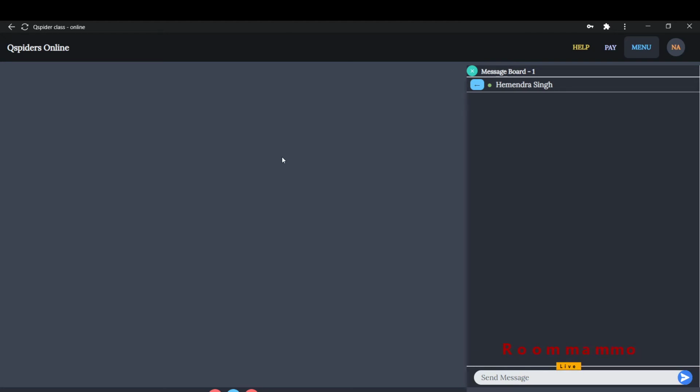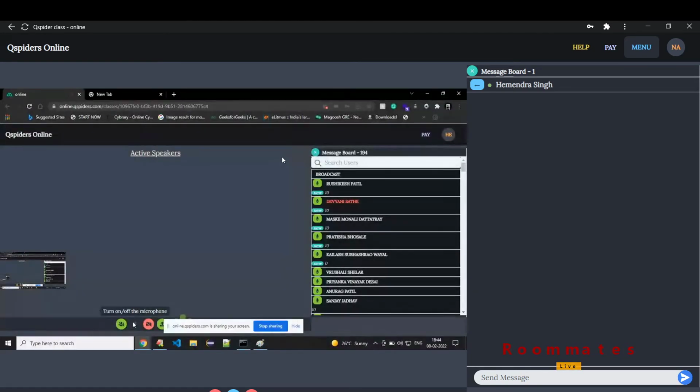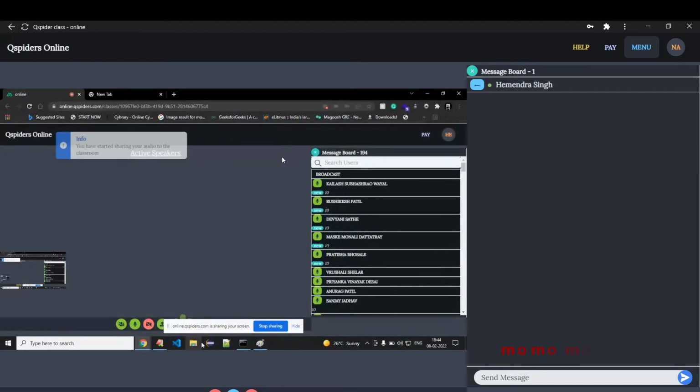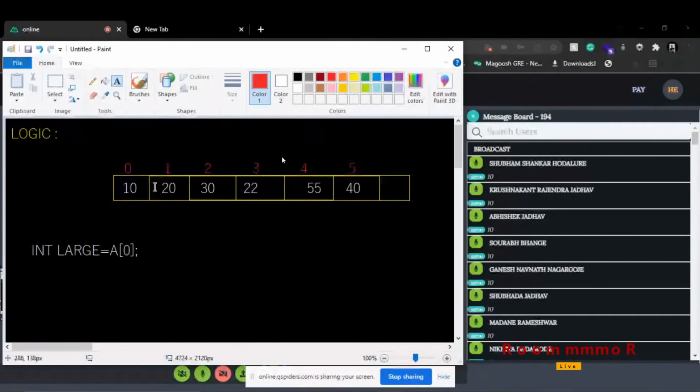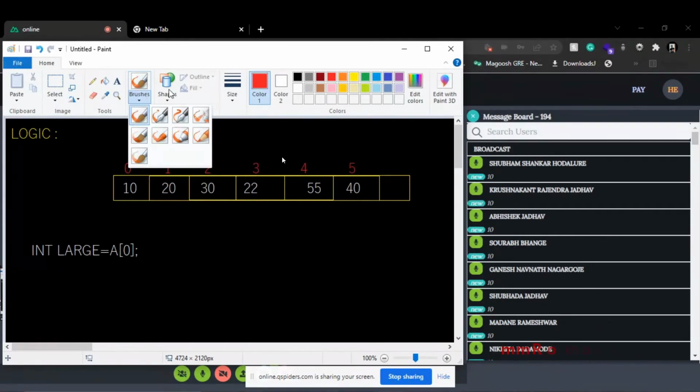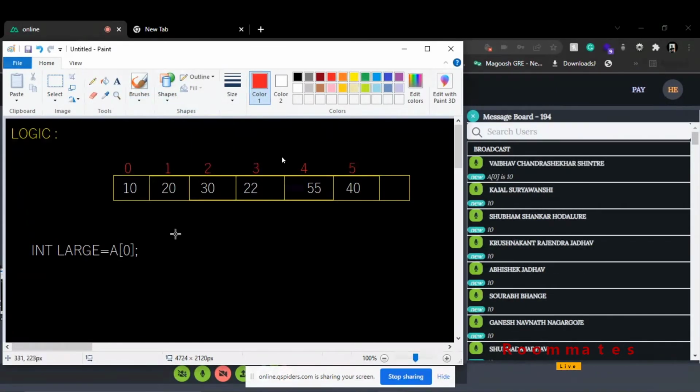Inside the loop, I will check if a of i is greater than large, then update the large by the value a of i.